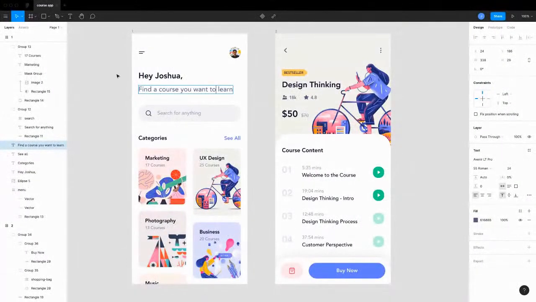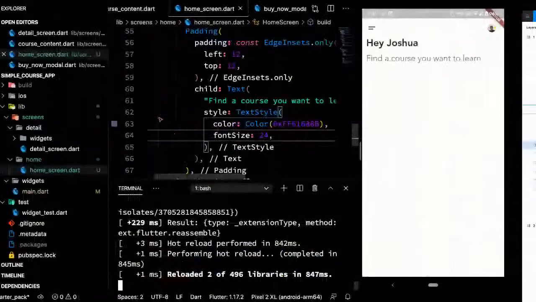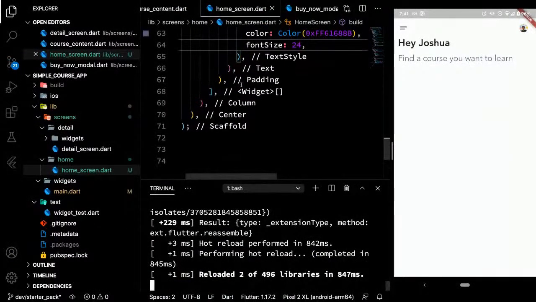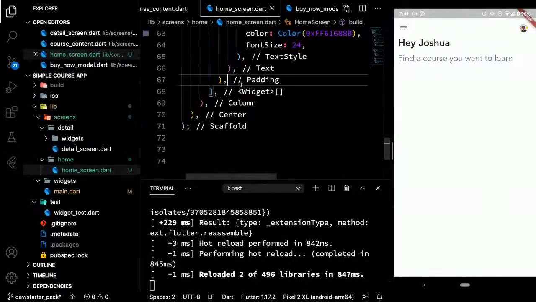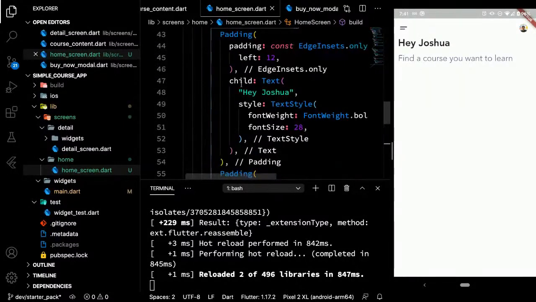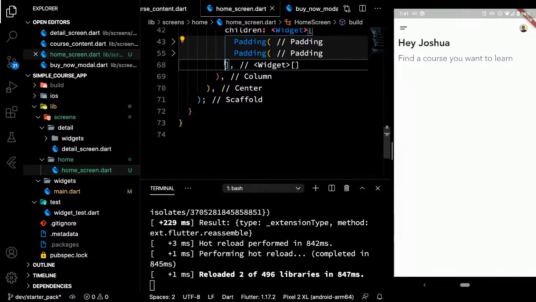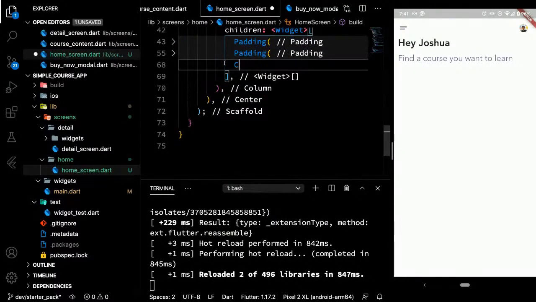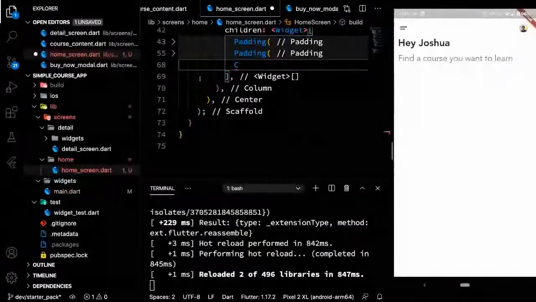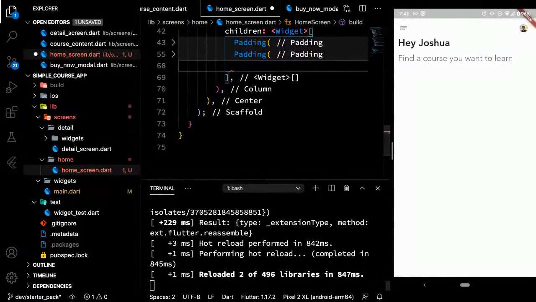Okay, so we're actually done with this part. Next thing we want to consider is the search bar. For the search bar, we just want to create a widget. So we close this one so we can work on the widgets. Search bar. I think this is a bit tricky, the search part.